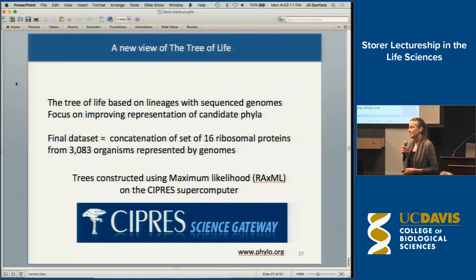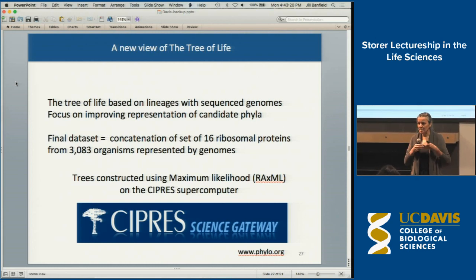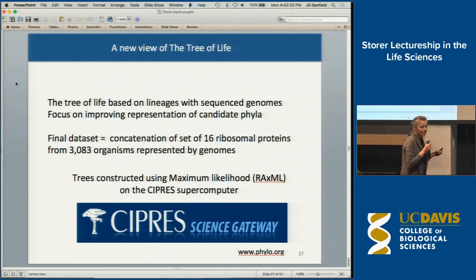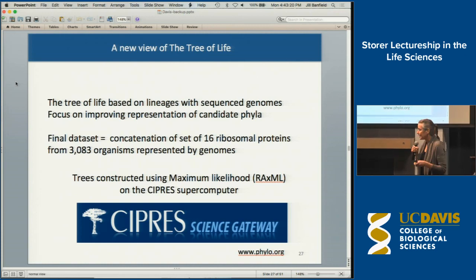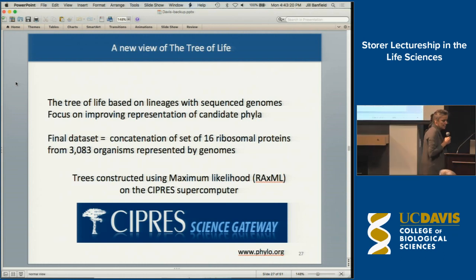Now, in this case, we concatenated the ribosomal proteins. These are genomes, but they're draft genomes, and we don't want to make chimeras, hybrids, due to binning errors. So we picked the ribosomal proteins because they're co-encoded on a single small piece of DNA. They're all together, consistently, in bacteria and archaea. Okay, so basically this gives you a little bit of details, but there's a tree to come, and I'll share